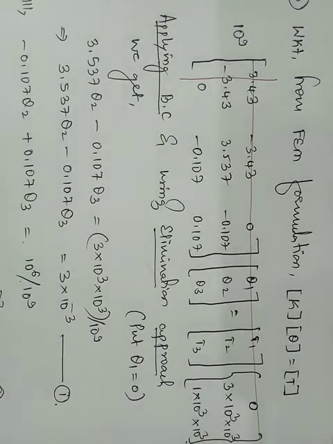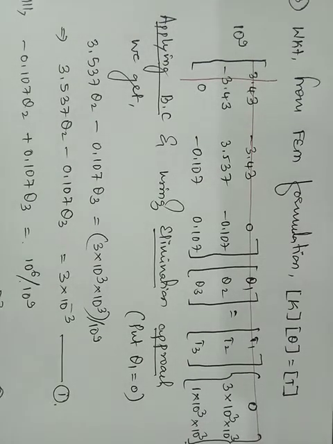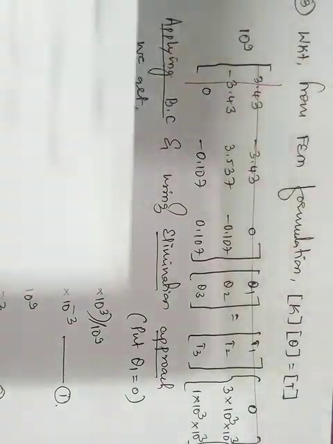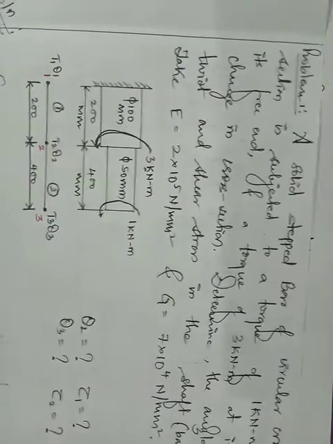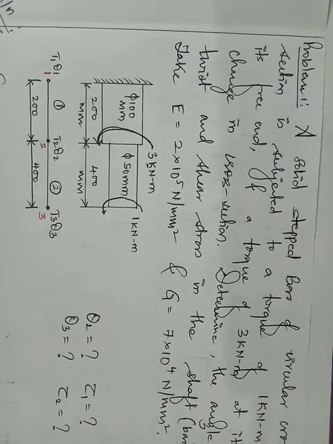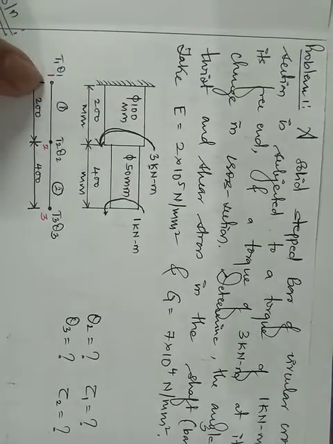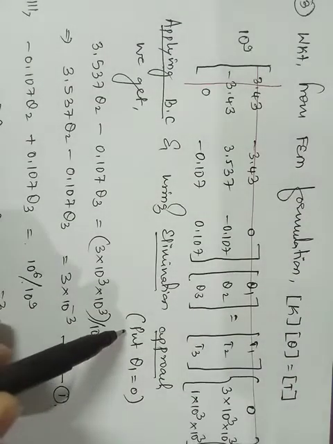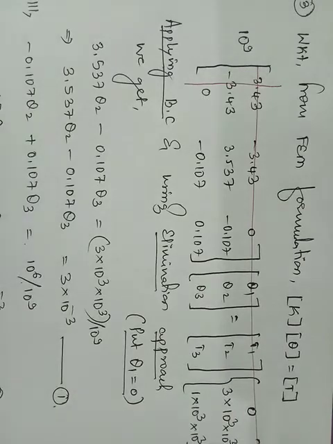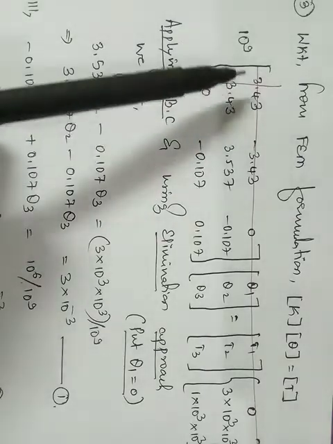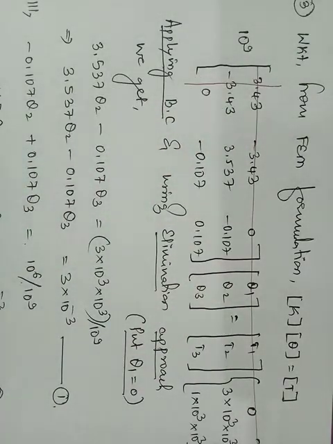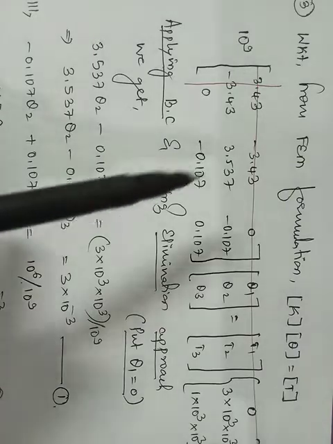So applying boundary condition and using elimination approach we get. You know how we are going to use the elimination method, because we have been using it since module number 2, the first class when I started with bars. So here the fixed node is node number 1, so that is the reason theta at node number 1 I have taken as 0. After putting theta as 0, I need to eliminate the first row and first column. So I have eliminated the first row and the first column. So the remaining things I need to take care of.